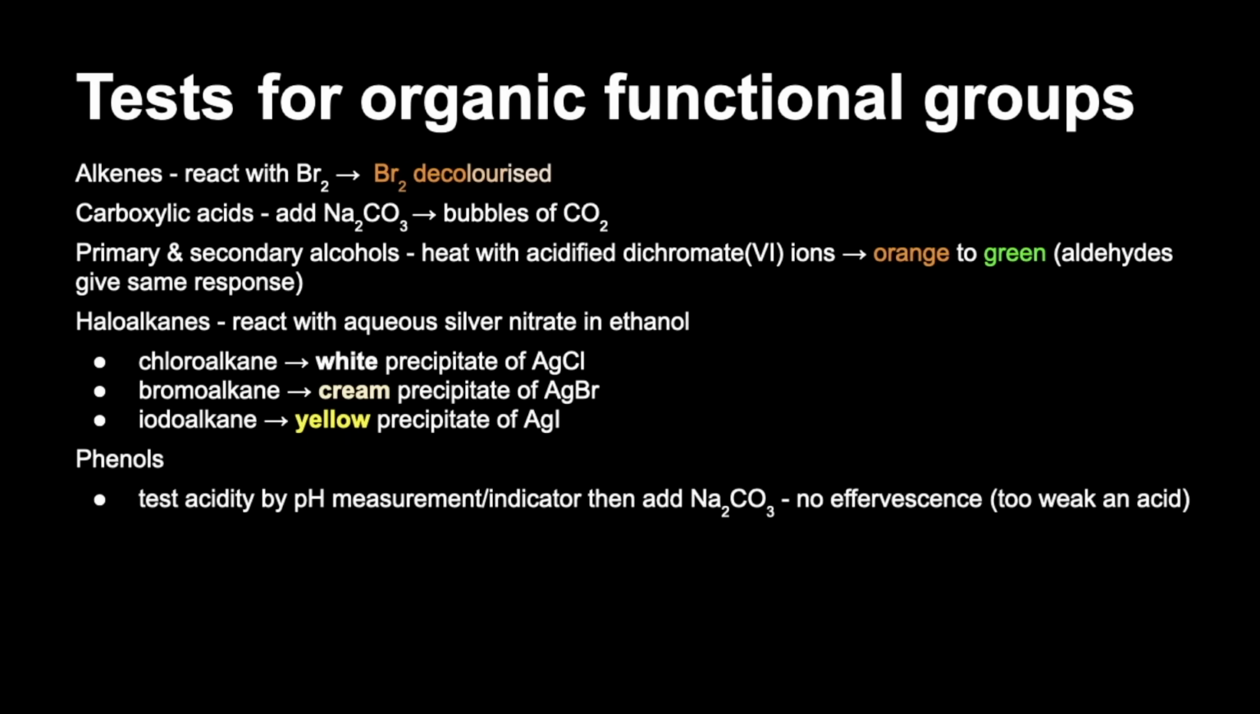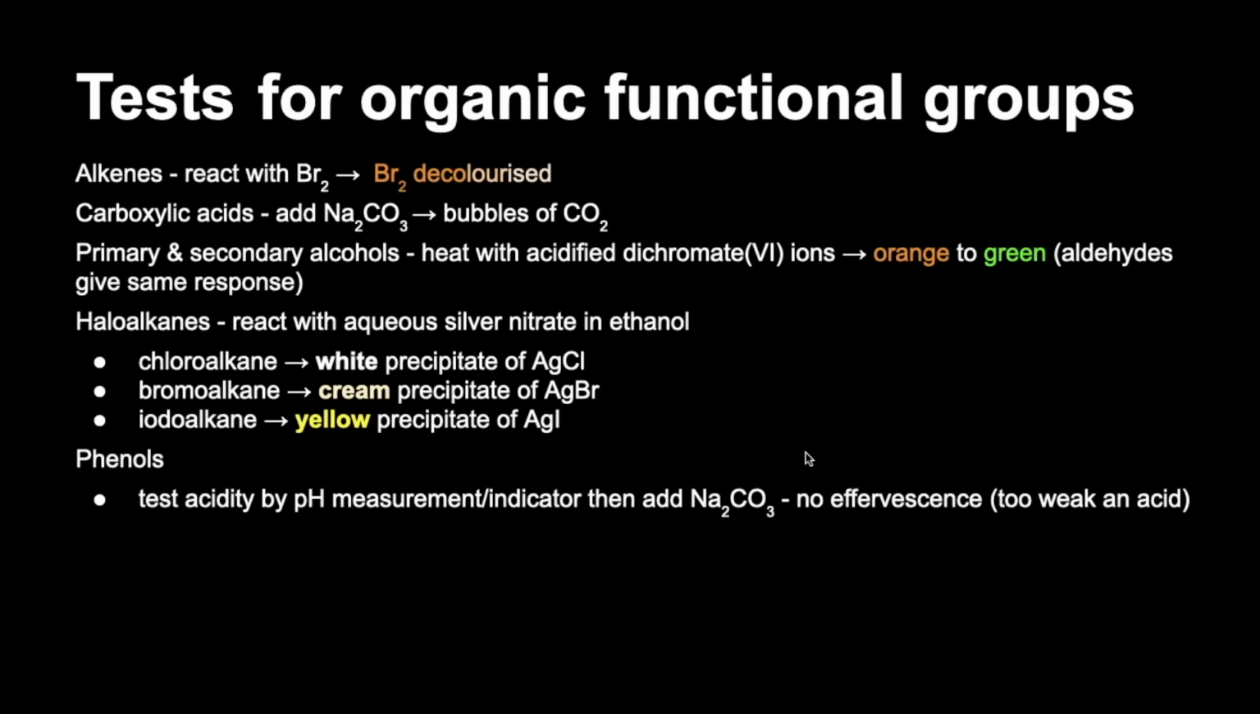The one I always go for is this one. You test the acidity by pH measurement. Remember, phenols are very, very weak acids, so they should be indicated as acids by that. Then you could add sodium carbonate and you don't get any bubbles. So remember, carboxylic acids are really the only other acidic substance we look at at A level. So they're acidic, they will give bubbles of CO2, whereas a phenol is acidic, but it won't give bubbles of